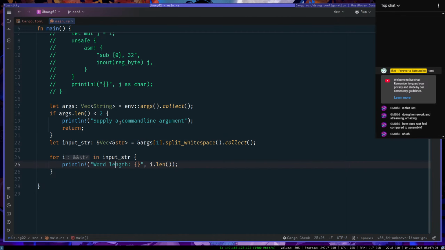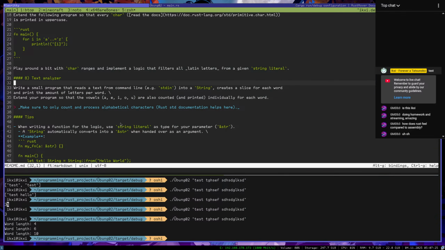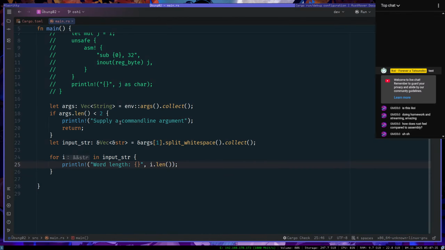So if I don't just want the length of a string, because theoretically I could just also add numbers here and that would extend it, and the task is only alphabetical characters, so we do let mut c = 0, for j in i.len().